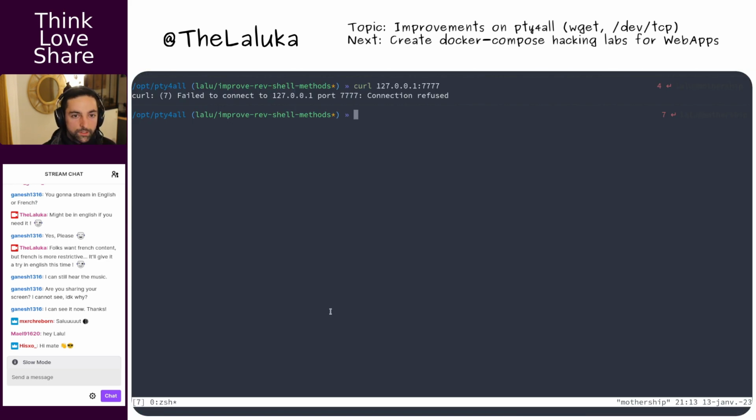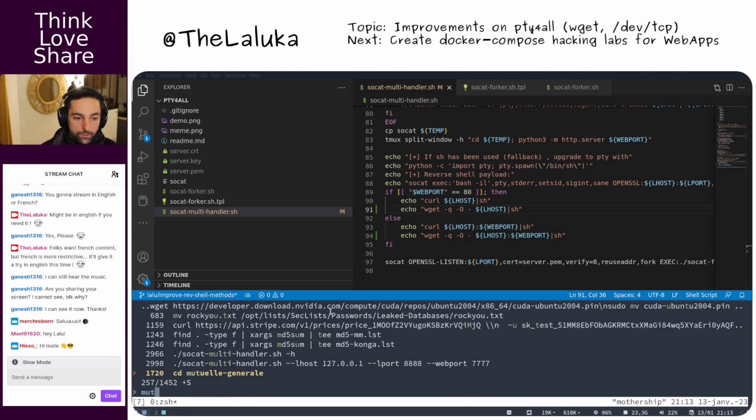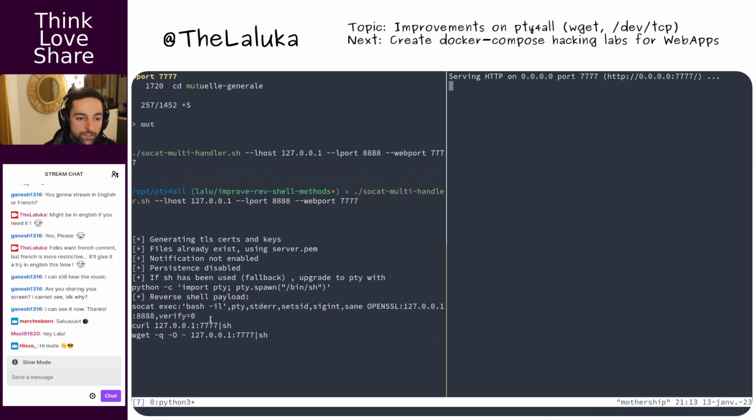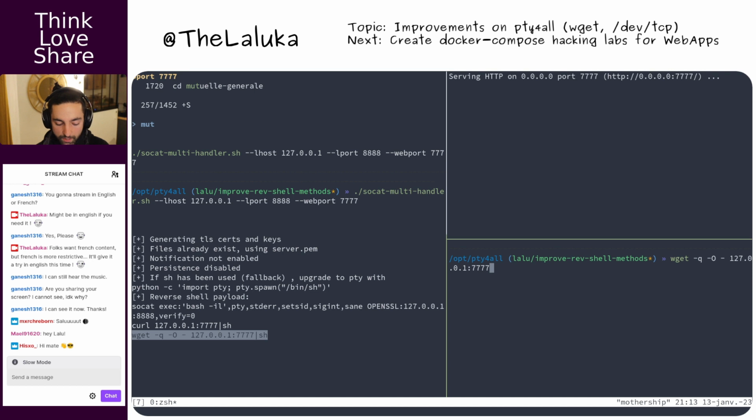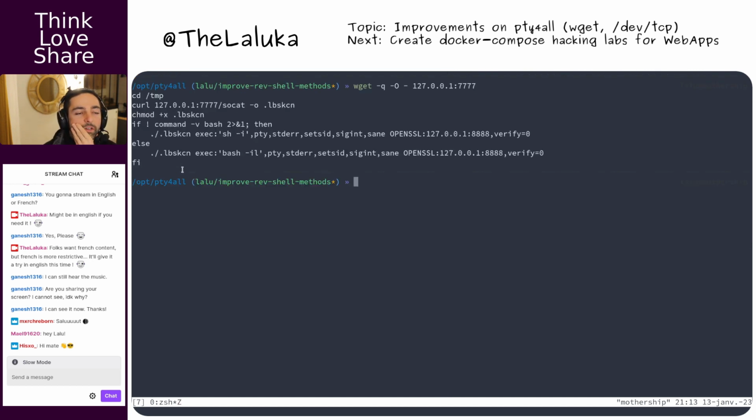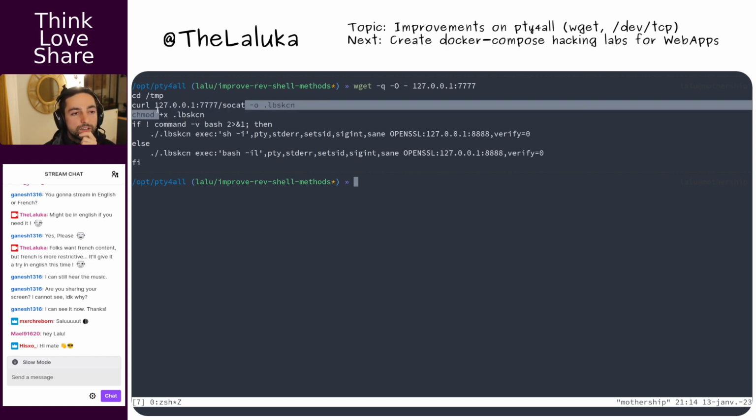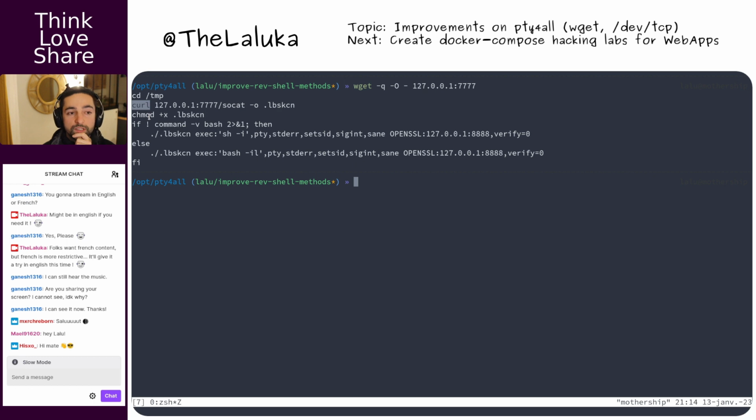Back for the curl. You need to have the tool up and running again. What I wanted to check is there, without the pipe sh thing. The curl does the following: it goes to the temp directory and recovers the socat binary. So I do need to have a way to drop the socat binary on the target machine without using curl, as our first assumption is that we do not have curl there.